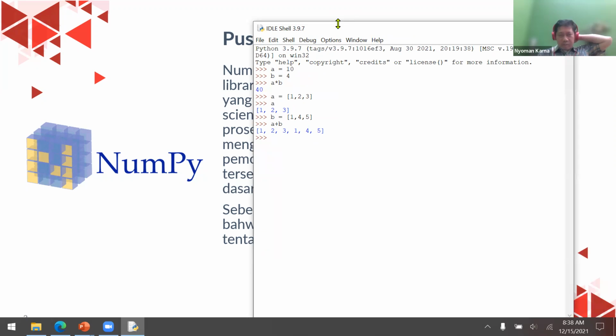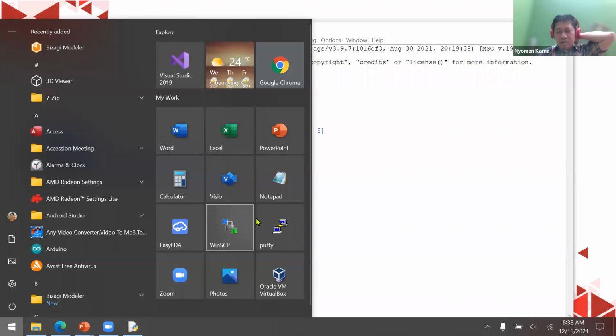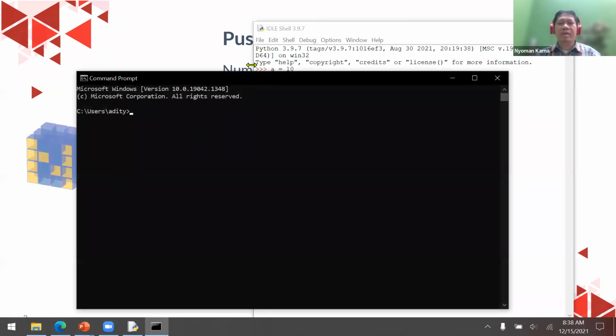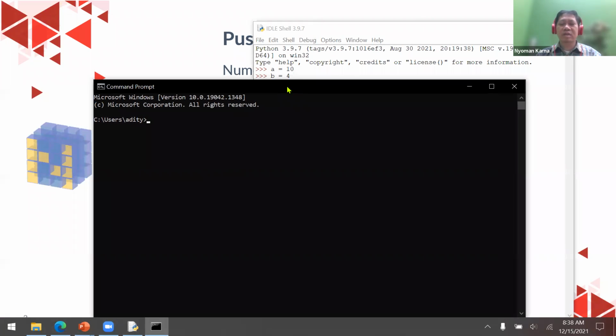If you want to use NumPy, it's quite easy. You just go to the command prompt, and then you can use the specific application from python.org called pip, PIP, package installer.